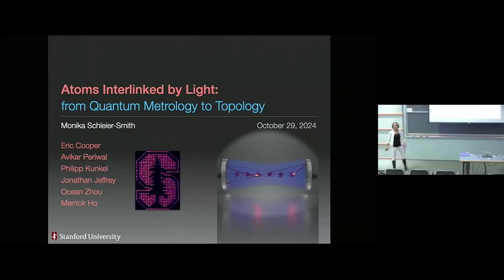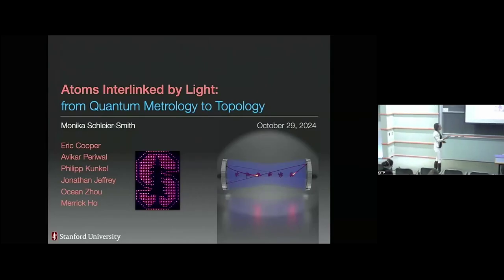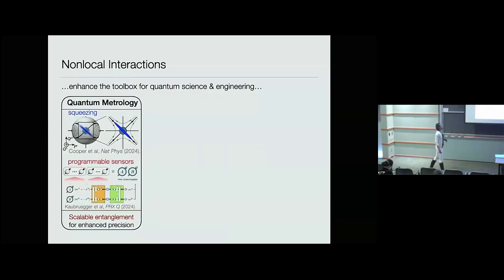So my talk today is atoms interlinked by light, from quantum metrology to topology, and it's a talk about experiments where we let atom clouds in a cavity talk to each other via photons. And the broad motivation is sort of having...